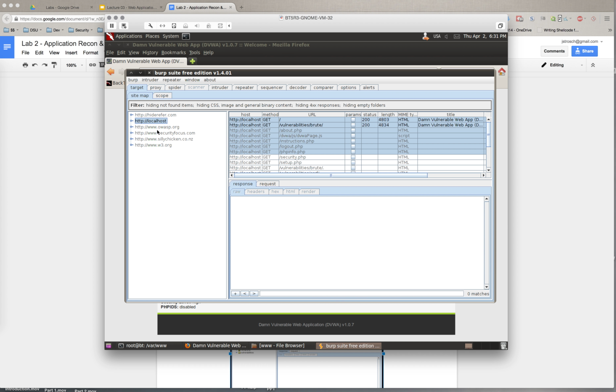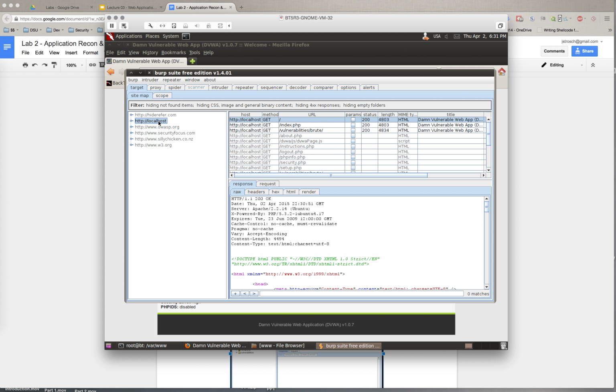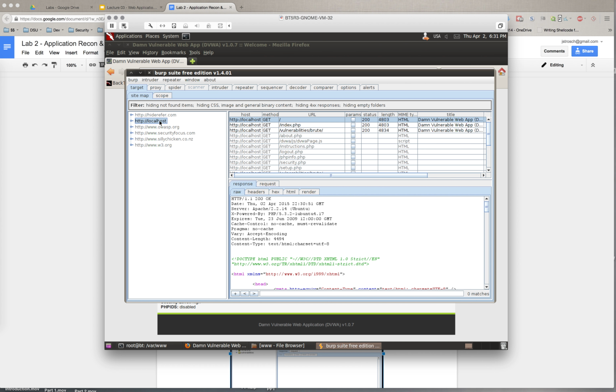Okay. As you look through this, you'll see that there's a difference in the colors, right? This one's bold and these ones are kind of grayed out. Bold is a site that we've actually gone to. These ones that are grayed out are just URLs that it's picked up on that document, but it's not actually gone there. Okay, so you may see this. You're not scanning Silly Chicken or W3.org or Security Focus. The only ones that have been gone to are the ones that are, actually